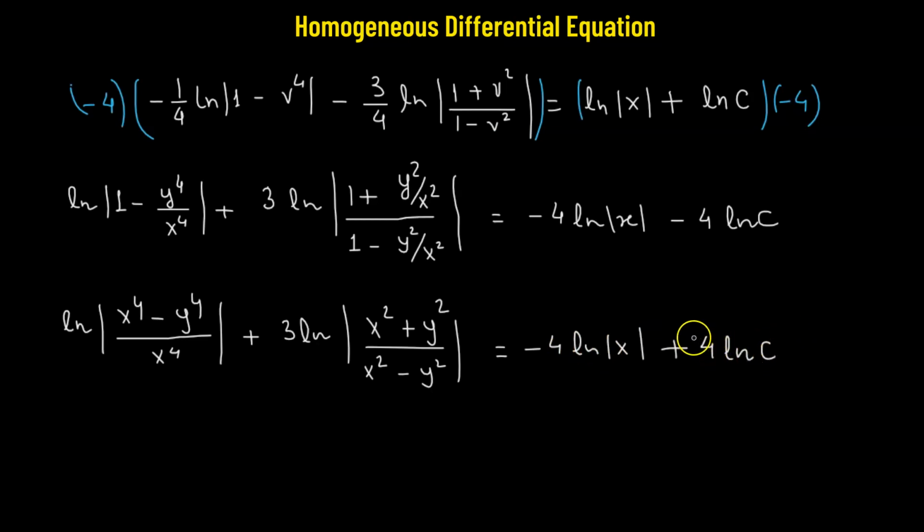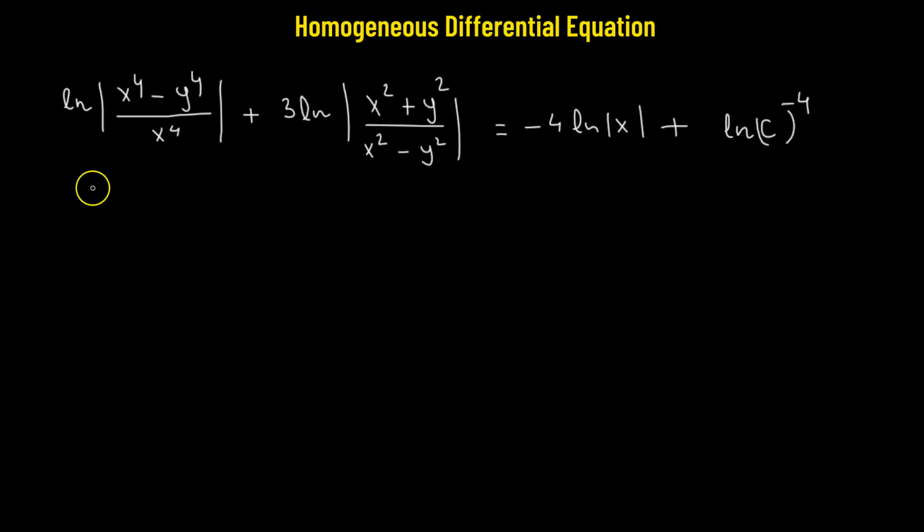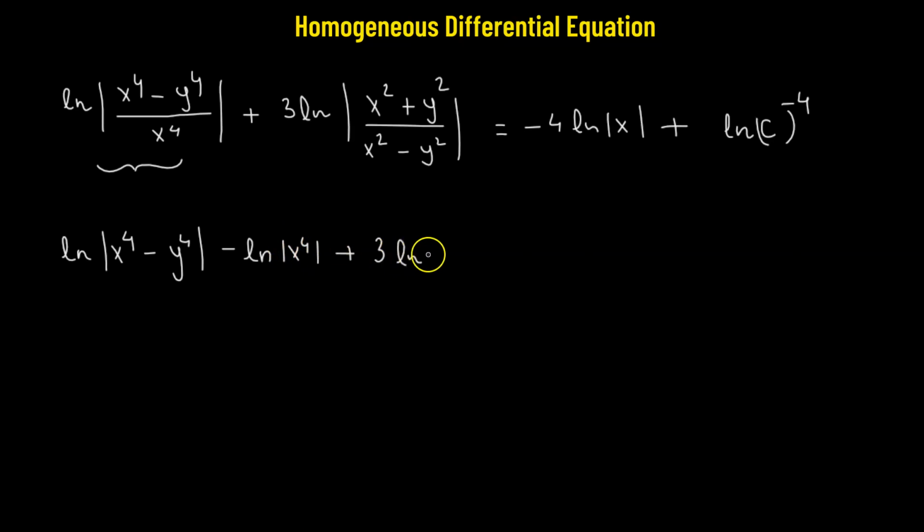We can take this 4, so we'll rewrite it as c raised to the power of negative 4. Now we'll use the property to separate the two logarithms. So we have natural log of x raised to the power of 4 minus y raised to the power of 4, minus log of x raised to the power of 4, plus 3 times natural log of x squared plus y squared